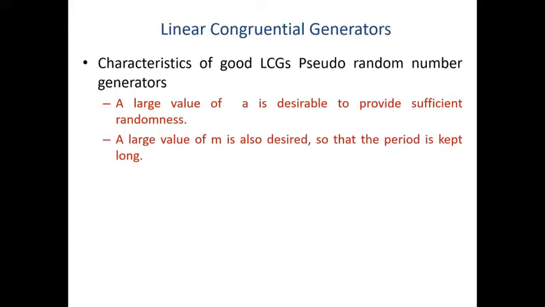Okay. So let's proceed. Characteristics of good LCGs, or which act like pseudo random number generators. So generally, as I told you, a large value of A is desirable to give you proper randomness. A large value of M is also desired so that